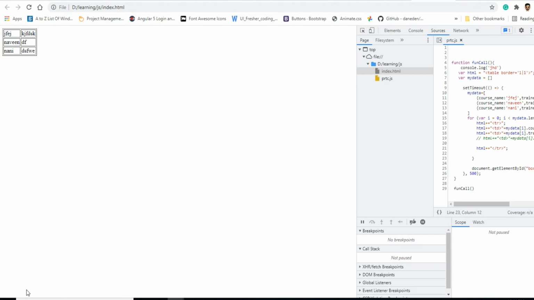So today in this video I will show you how to display an array of objects, key-value data, in a table format. This is the table which I am using. I have used only two rows to show the examples, and I will show you how to add two or three more rows in this video, using only JavaScript and HTML.